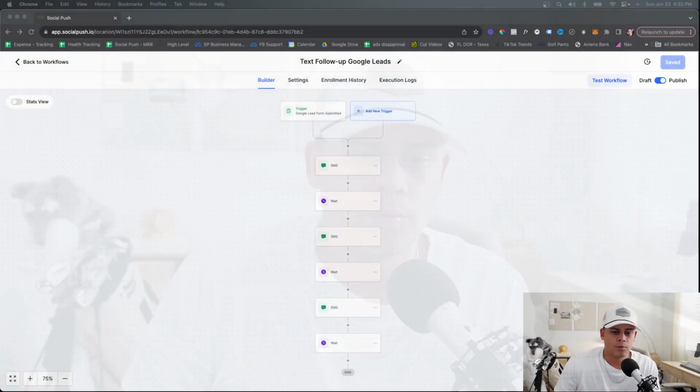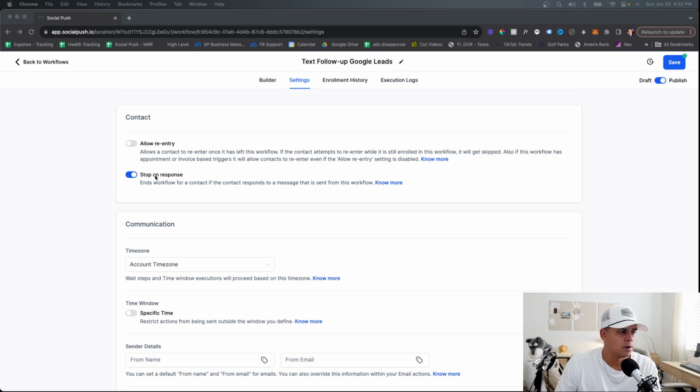So we want to wait about 48 hours to send the next text. And the only reason why we send multiple texts is if they don't respond. Let's go over to settings, and I'm going to show you guys the settings right now. In the settings, there's a big important checkbox that you need. Stop on response. So unless you have filters that are set to respond based off of certain responses within Go High Level, you always want to have stop on response on, because you want your sales team to manually pick up the